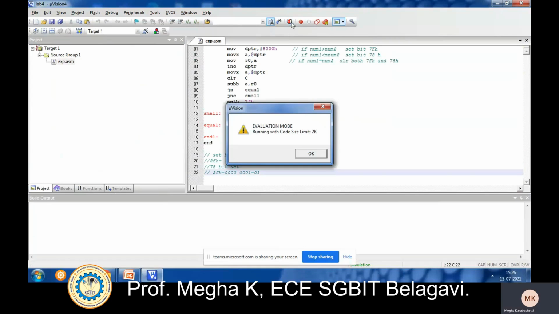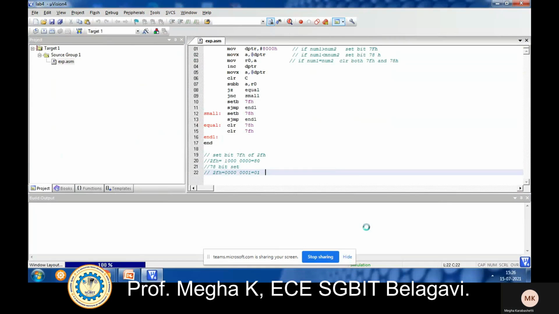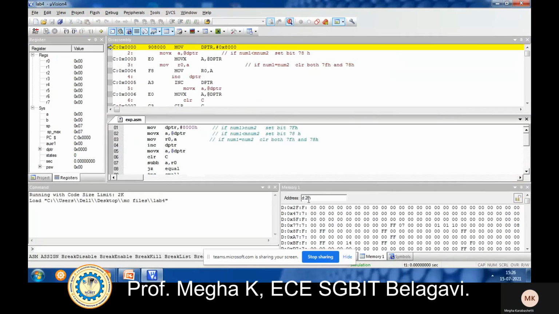Start debugging session. I will give the value x colon 8000H.